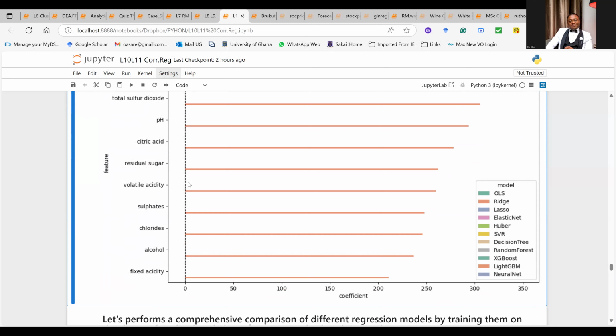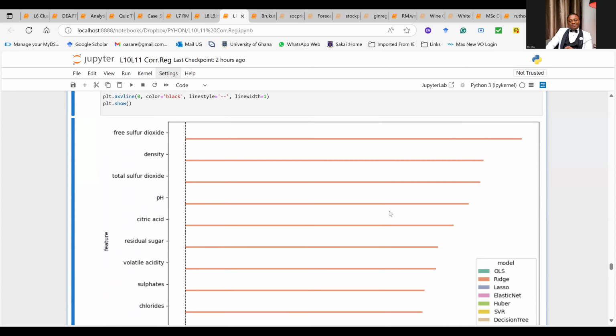Okay. So again, it is for the features. We've seen a lot about the features. This one talks about each feature and what it's doing. And if you check carefully, it has focused on the ridge. So it's using the ridge color to indicate which feature is doing well.